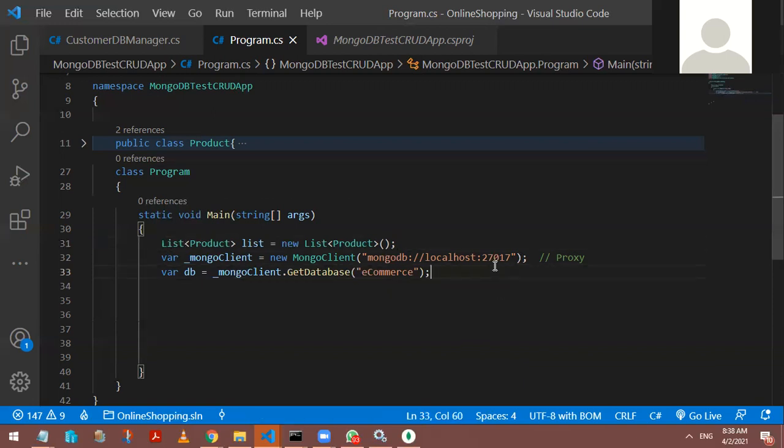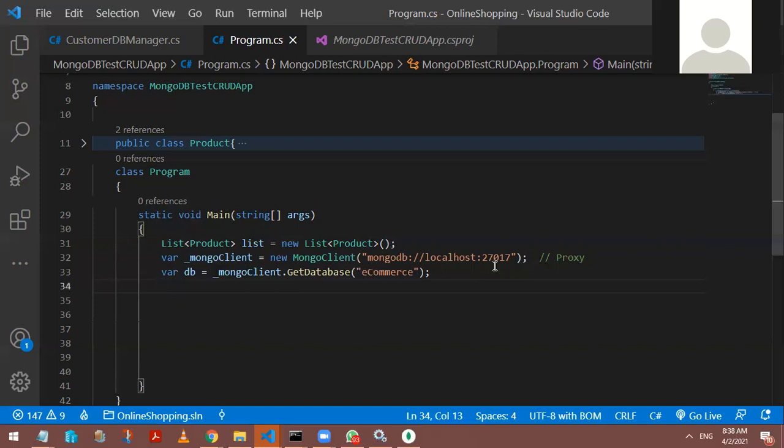Now, since we have started learning the object model, we are learning about these new keywords and these methods. Unless you use them and see the documentation, you will never get familiar with them. So somewhere you have to take help from me, and also read certain official documentation to get more clarity. So the GetDatabase function will give me the reference of that database, which is called e-commerce.